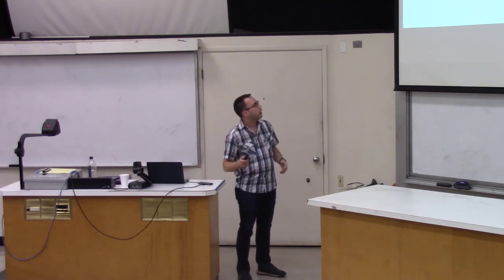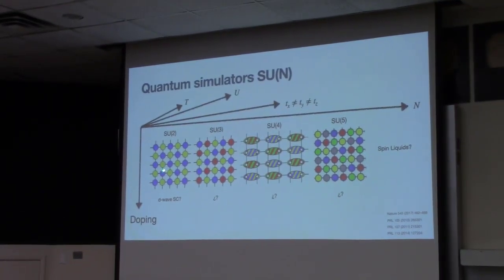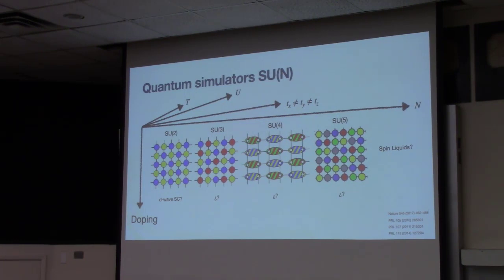I don't think I have any plots here, but if we look, for example, at SU2, what happens to the correlation function? First it's positive on a given site, and then it should be negative, because you have up and down. And then it becomes positive again, negative, etc. Now, what would you expect for SU3? Well, it's blue, blue on one side, and then it should be negative and negative on the two next sites, and it should become positive again.